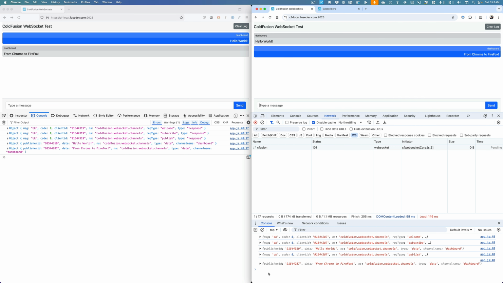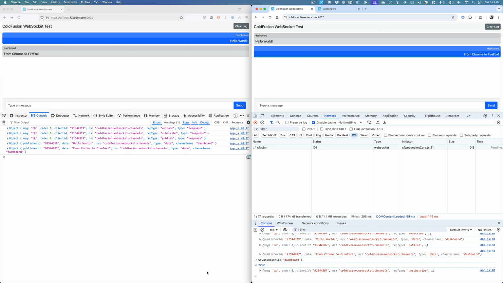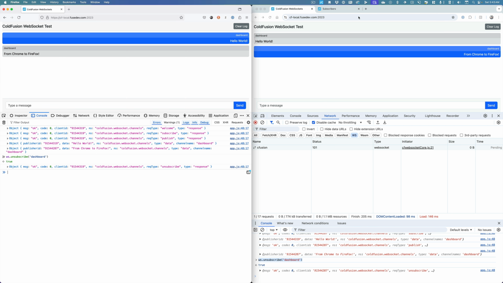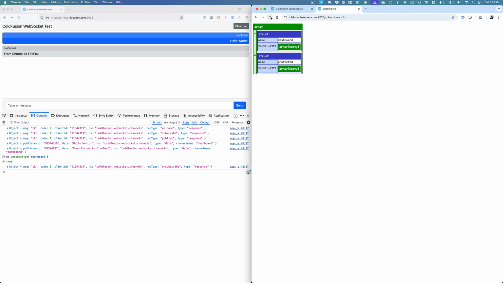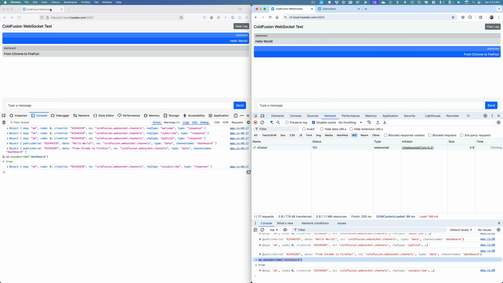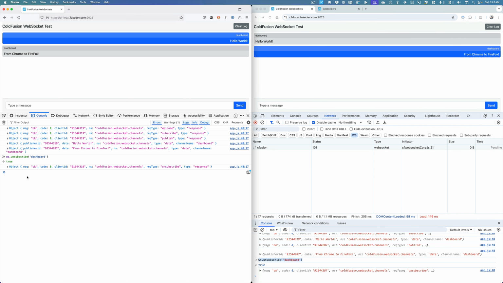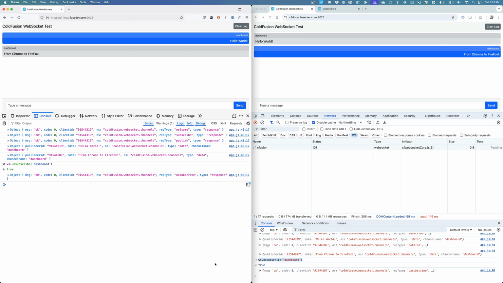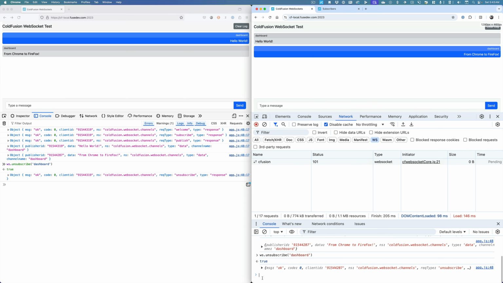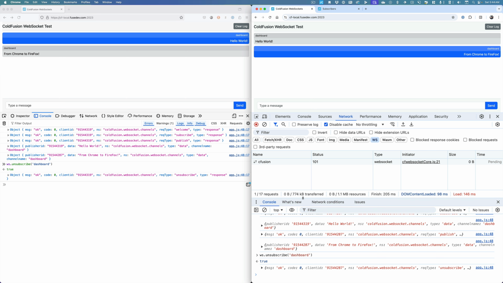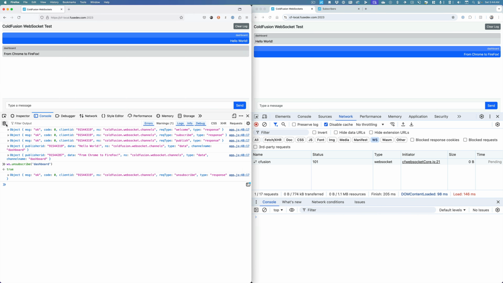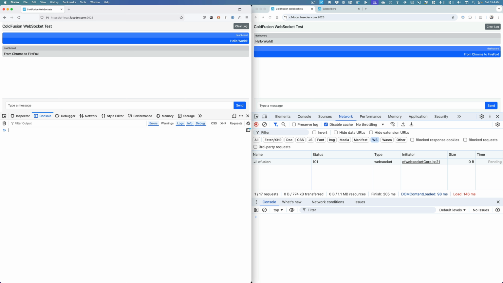And if I want to go ahead and unsubscribe, I can use the unsubscribe function here and just pass in dashboard. And I'm going to pass the same to the one on my Firefox. And if I refresh this, you'll see that there's nobody subscribed. I mean, we are connected, but we are not subscribed. So now everything we do, we're going to do in our web console here. So I just want to make this a little bit easier to read. And the first thing we're going to do is work with a subscriber that wants to put a selector in the beginning as they're starting to